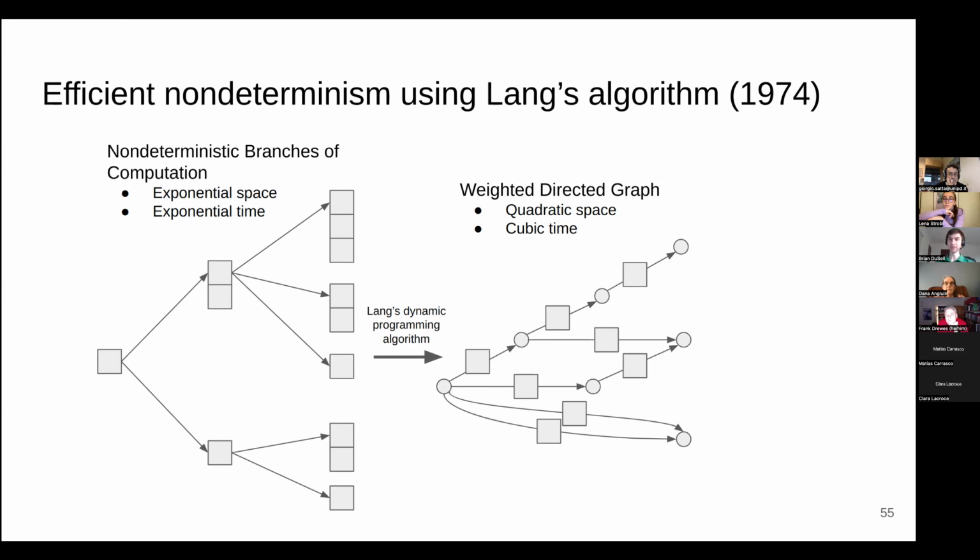So in principle, the only information you need to represent a stack of height k is to store its top stack symbol and to store a pointer to the old stack of height k minus 1. So the data structure we end up with is a weighted directed graph where edges represent individual symbols on the stack, and paths in the graph, of which there are exponentially many, represent full stacks.